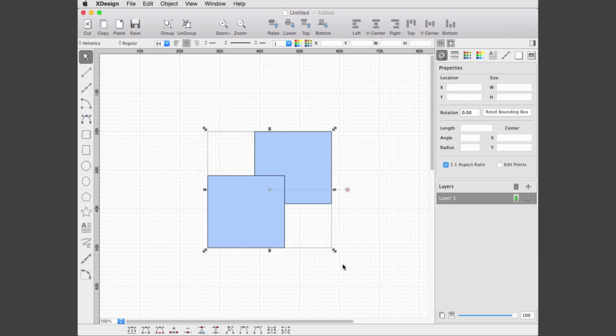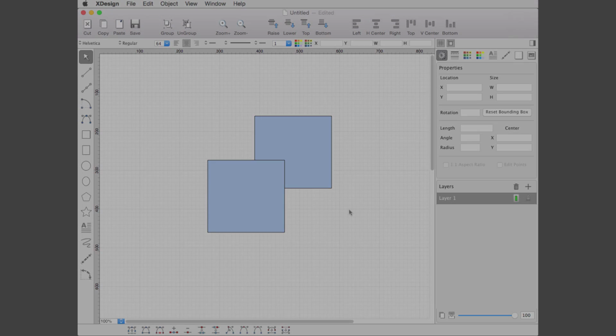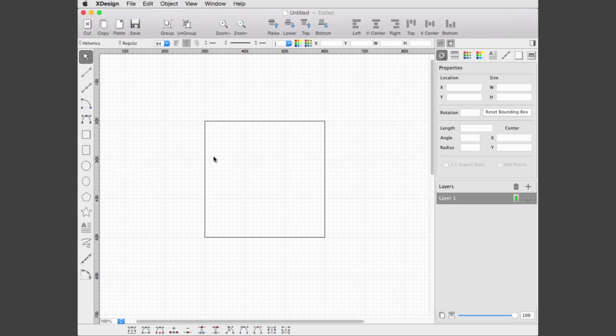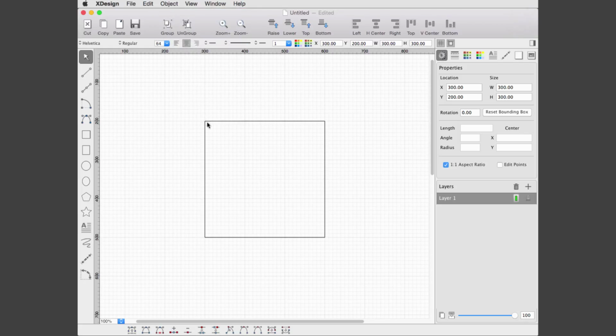Shapes can be grouped together to create complex objects. A group can be further grouped hierarchically with other shapes or groups to form more complex objects. Shapes can be exploded into individual segments, each segment to be a separate shape.